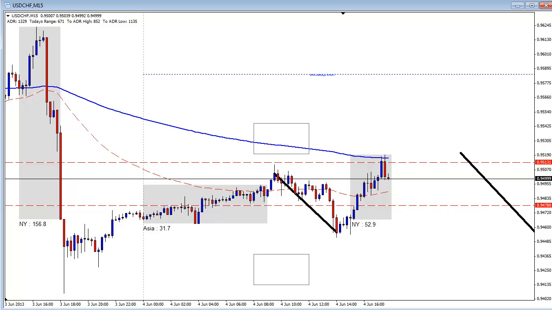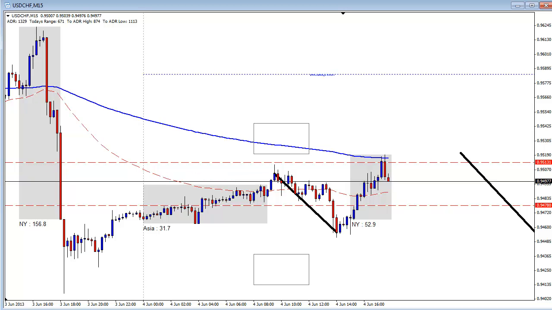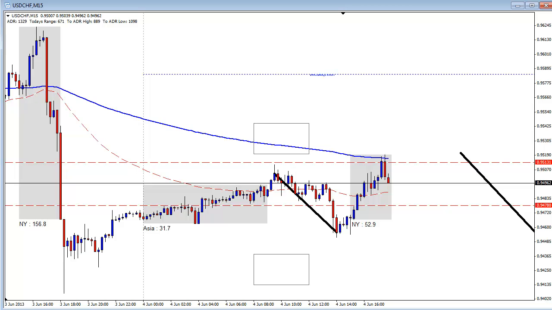Generally, like I mentioned a minute ago, I want to be in that 20-pip target area. What that implies is the market needs to be within 15 pips of the high. The reason it needs to be within 15 pips of the high is because you have to factor in spread, and then you have to factor in getting a few pips above that high for your stop. So what I did here, because I wasn't sure of the pullback, which at this point I'm kind of glad I took because it's starting to run away right now,